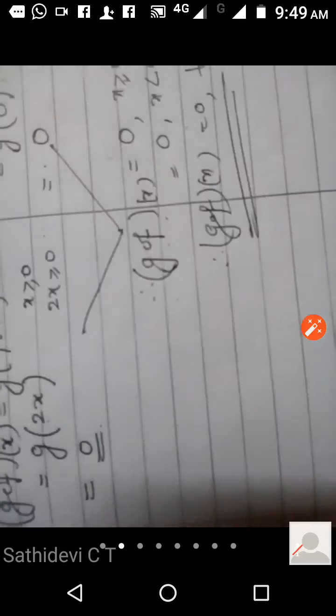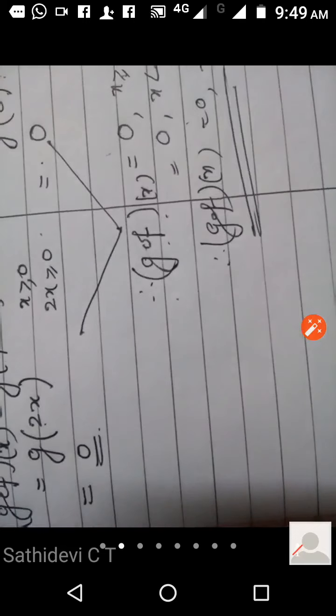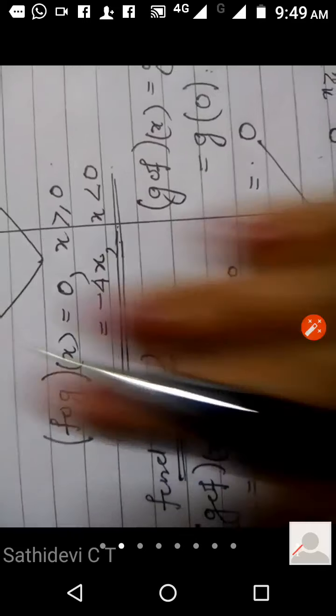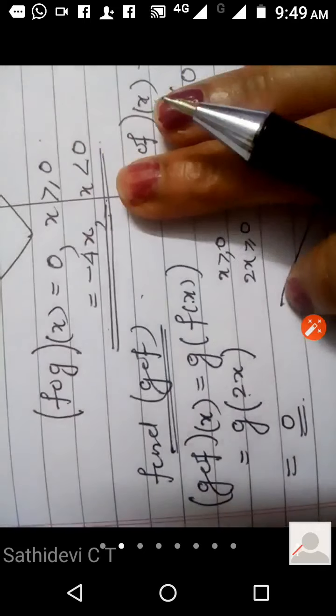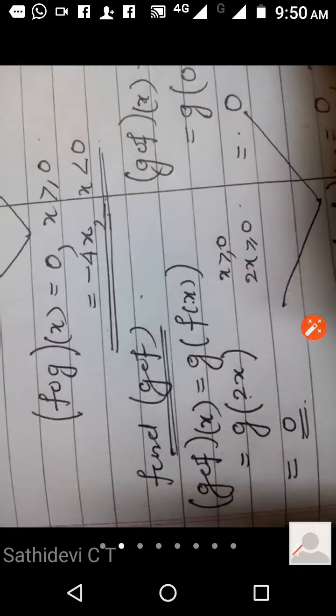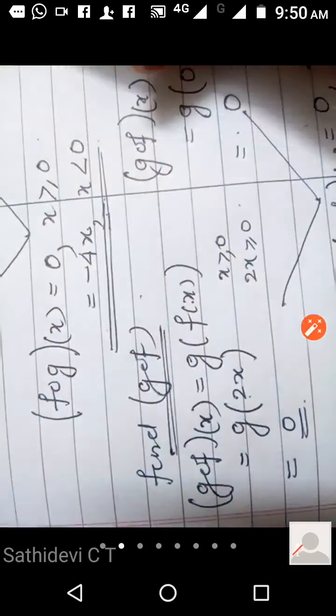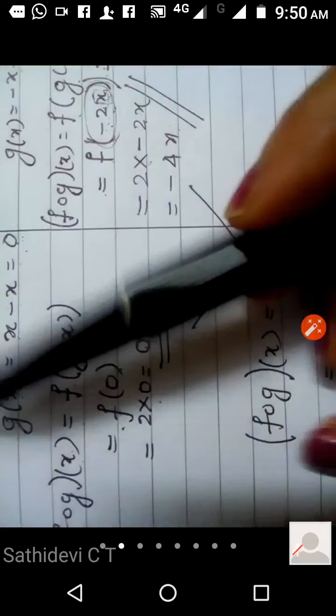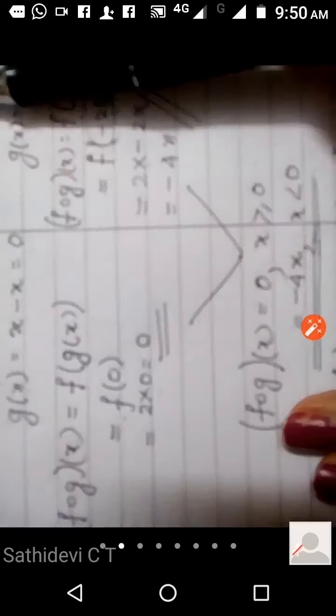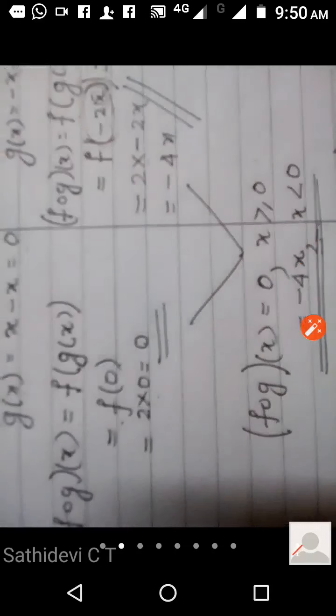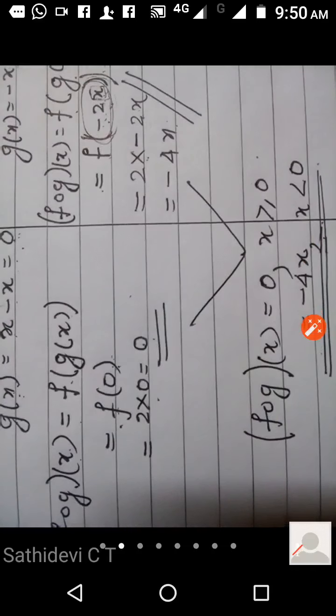So this is another question. Like this way you can show separately, step by step, continuing that way also. I think this is easier to understand. One part you take x greater than or equal to 0, other part you take x less than 0, and both the cases you define separately like this. It may be easier to understand the question.